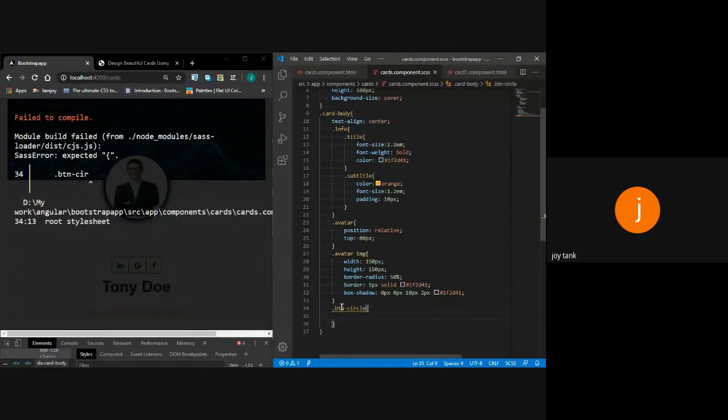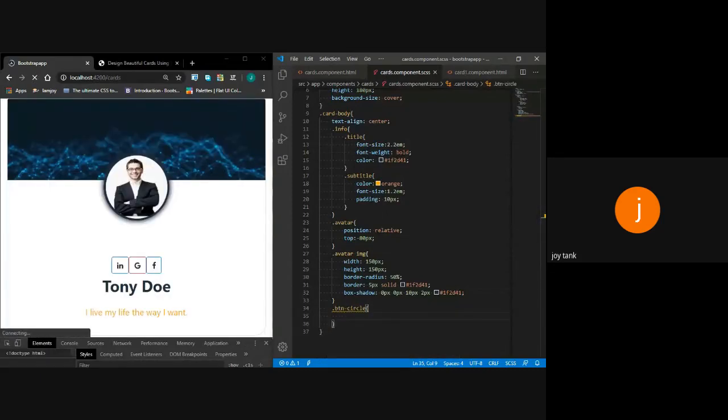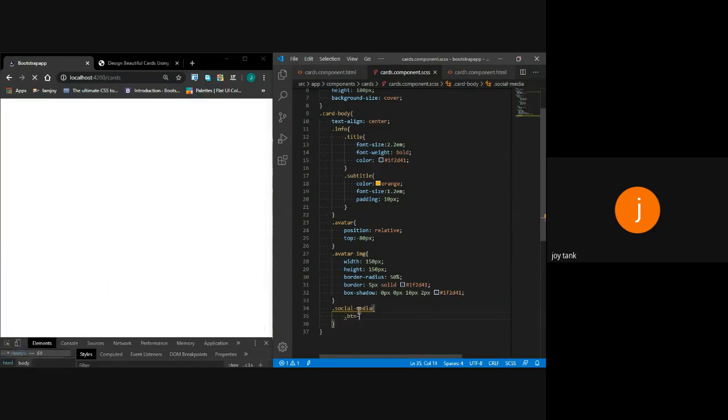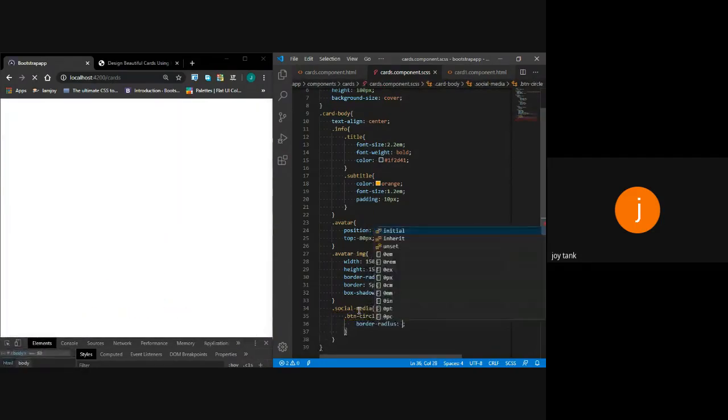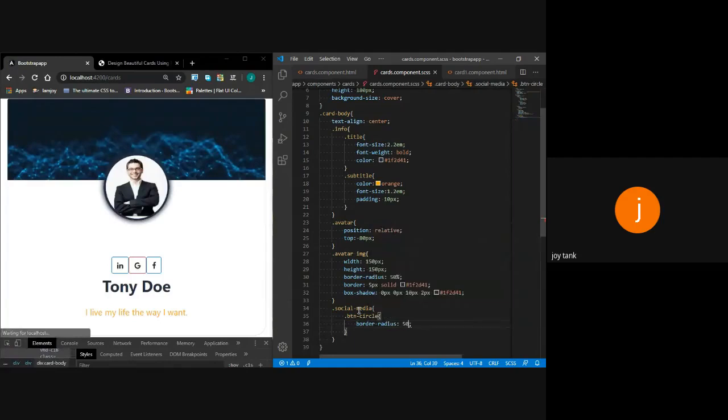Within this class, I will wrap my button class. Within this button, I will give a border-radius so that it appears in circular mode.